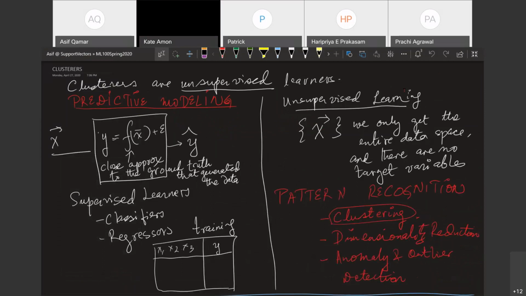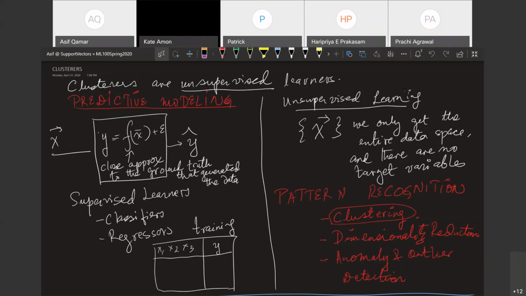In predictive modeling, we are essentially trying to generalize the relationship between input and output as some underlying function, f(x), such that we can use that function, that generalization, as a relationship to make predictions in the future. Now, the target variable can be numerical, in which case it's regression. It can be categorical, in which case it is classification.